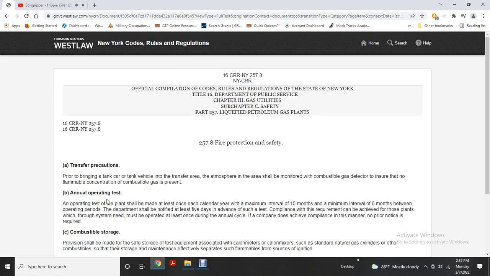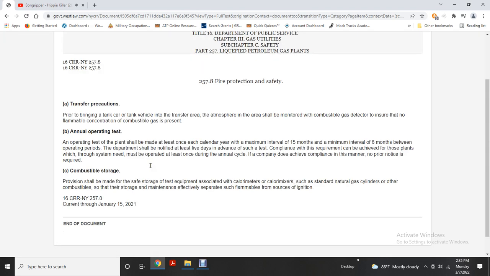257.8 Fire protection and safety: transfer precautions. Prior to bringing in a tanker car or tanker vehicle for transfer, the atmosphere and the air should be checked with a combustible gas detector to ensure that no flammable concentration of combustible gas is present. Annual operating test: the operating test of the plant should be made at least once each calendar year